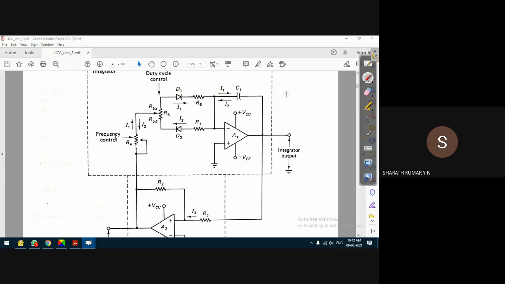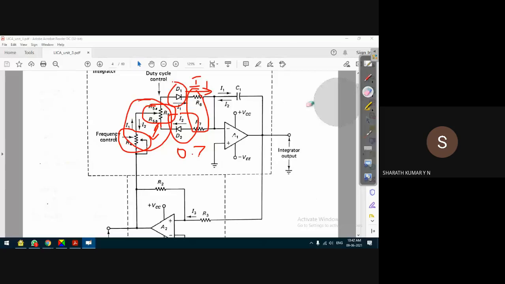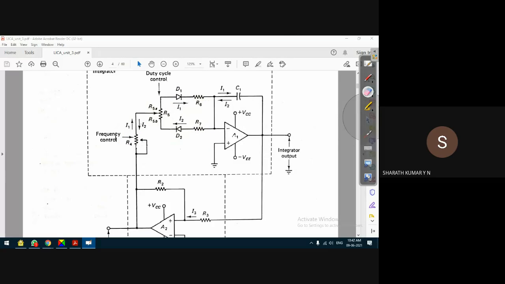Otherwise, it looks like R6 and R7 hardly make any sense, except that they limit the current I1. To limit the current I1, we could increase the values of R4 and R5, because after all, R4 and R5 are also resistances. Maybe we could have managed with R4 and R5 without using R6 and R7. The better reason why R6 and R7 are employed is these diodes. These diodes give a maximum of 0.7 volt when conducting. If you have a resistance, you can further control the voltage drop. That's how it is.